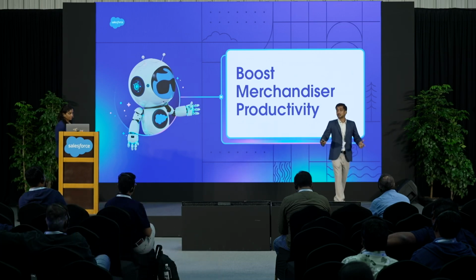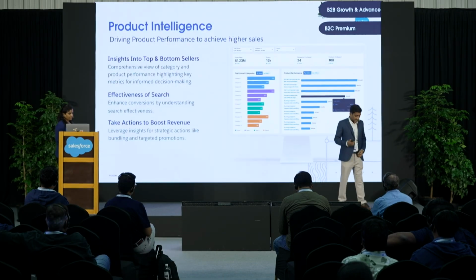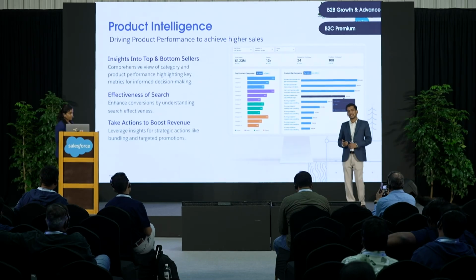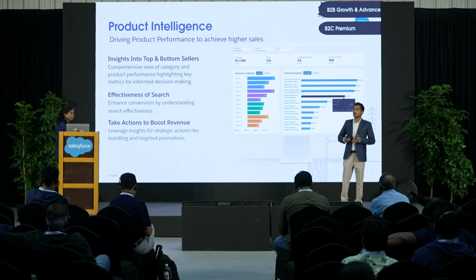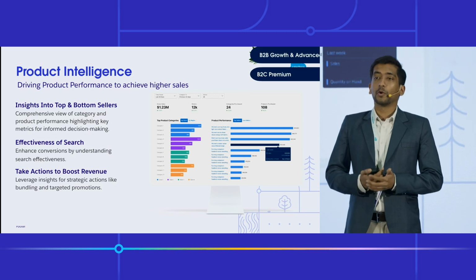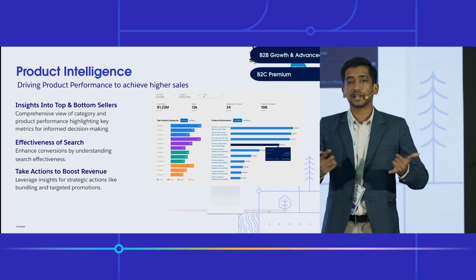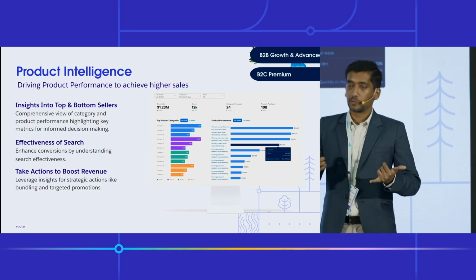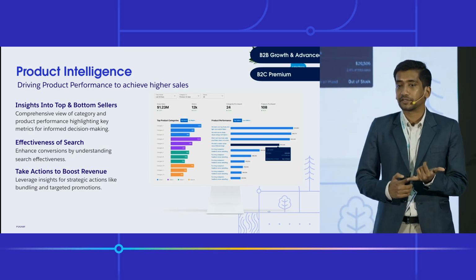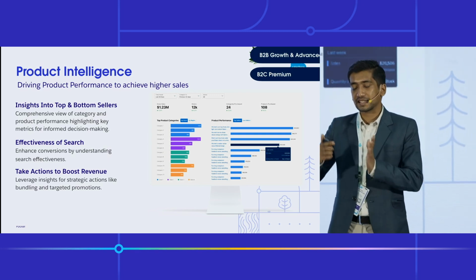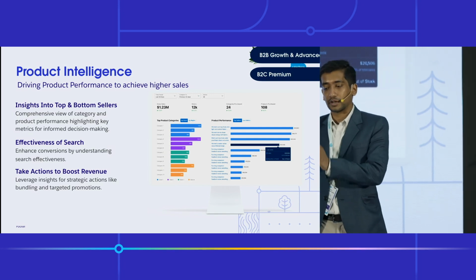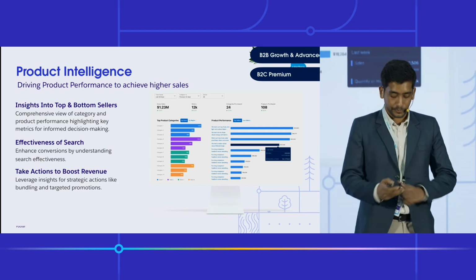What do you get as soon as you take the product? The first dashboards that you see are basically how your products are doing. What are your top performing products? What are your top performing product categories? What are the products my customers are most searching for? All of this information is now available within the storefront on the Product Intelligence dashboard.